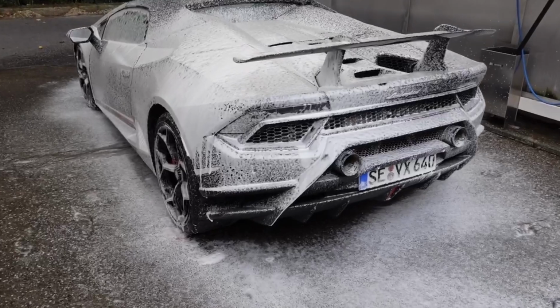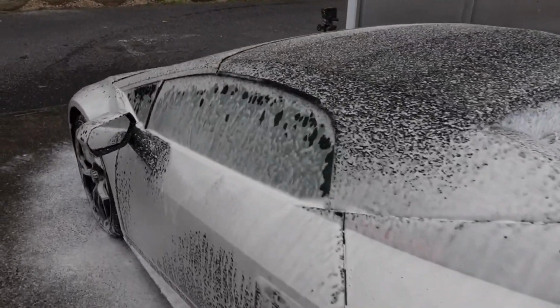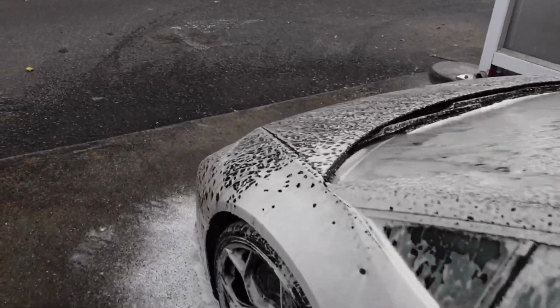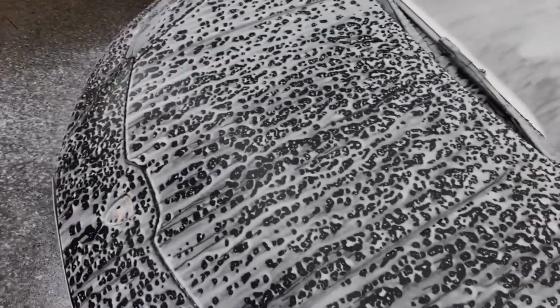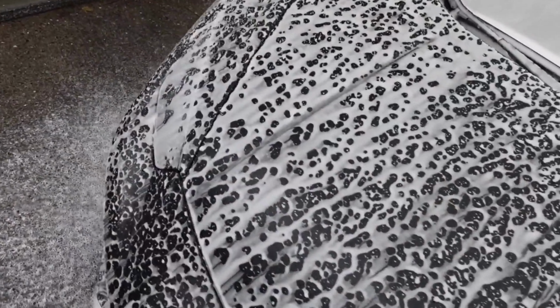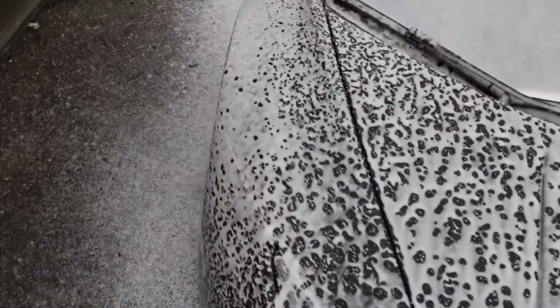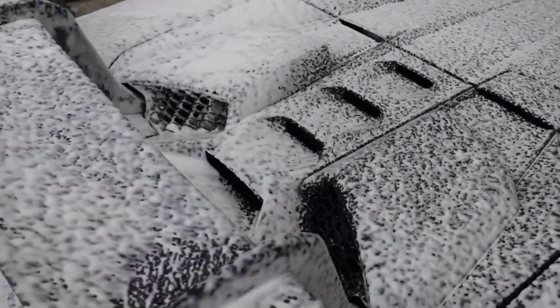So as you can see, the car is now completely covered up in snow foam, and that's one of the best things when washing a car because it looks so good. You can see here there's a lot of dots all over the car. That's basically the ceramic coating we have on, because it's actually that good that not even the snow foam will properly stick onto the car, which is quite cool. And yeah, now